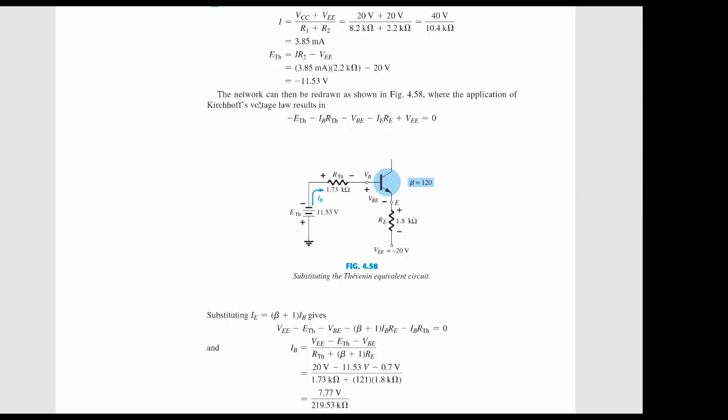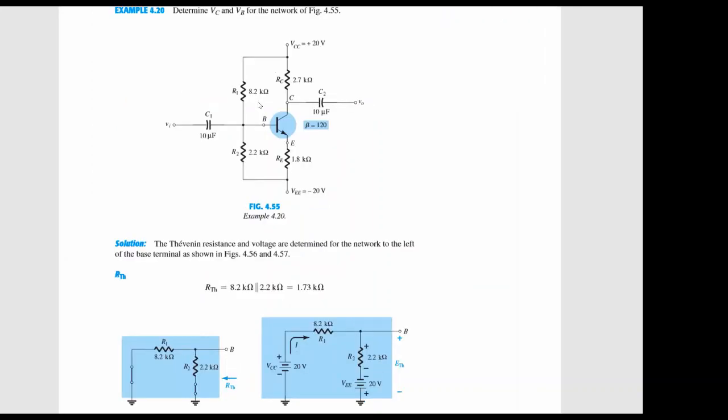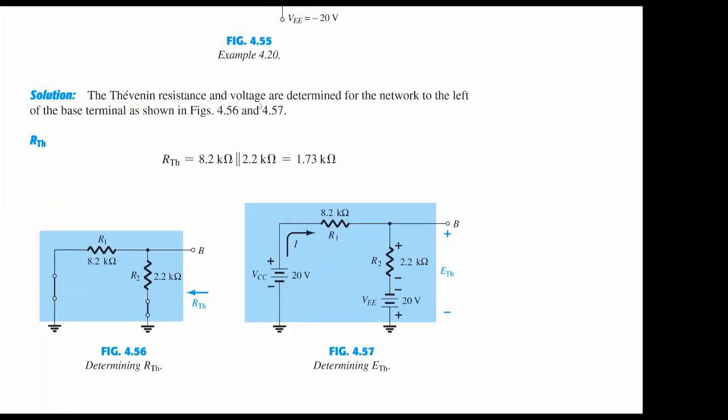Let me just go back and I'll show you what is happening over here, right? So if you see the circuit, we have VCC, then the drop across R1, then the drop across R2, and then VEE, right? So if I go back, so what we have is VEE